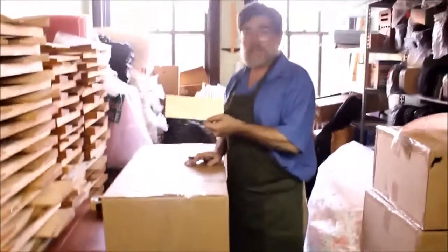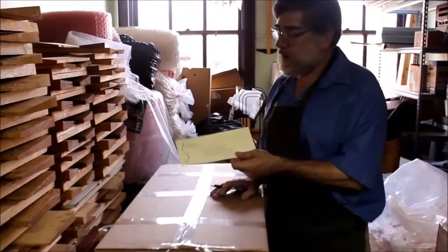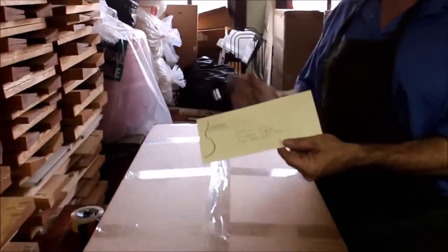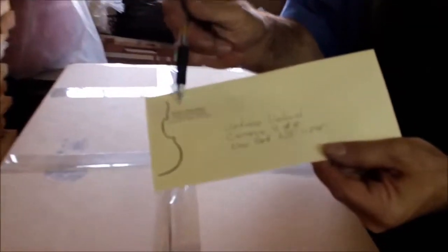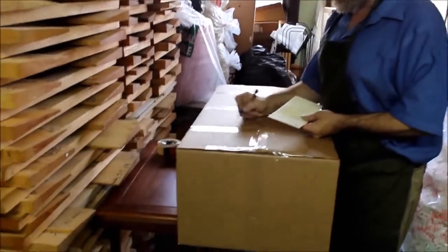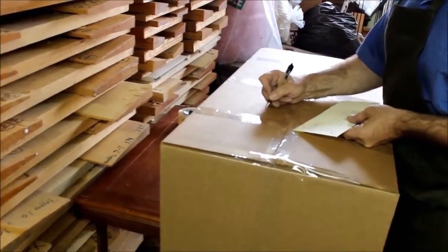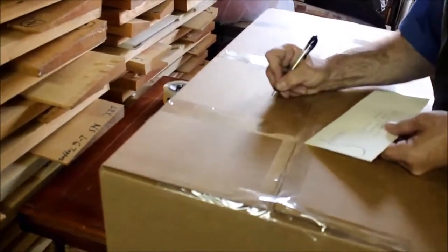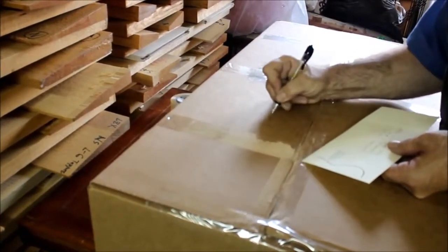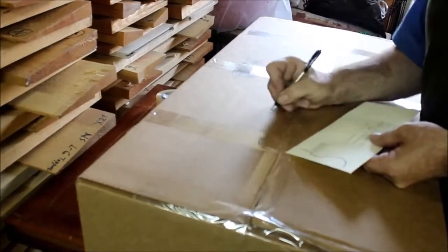We're now ready to attach the shipping label. This can be either a printed label that you do on your computer, or it can be handwritten. It needs to have the name of the sender, the name of the recipient, and just in case this should come off of the box, it's a good idea to put on the box itself, written right on the box, that information. So I'm going to put Slobodkin Violins, with a phone number,